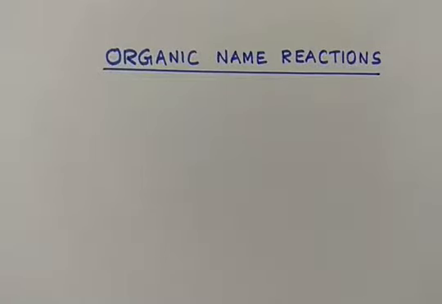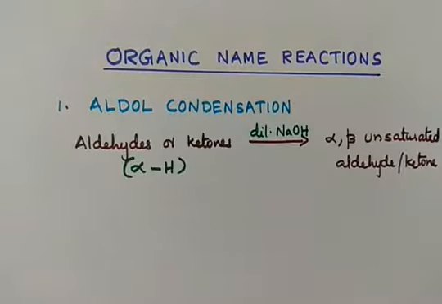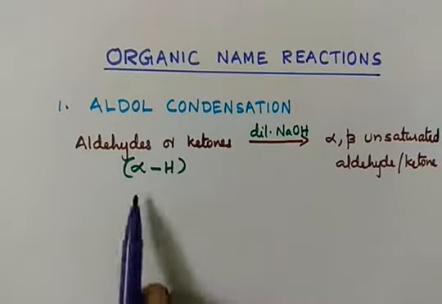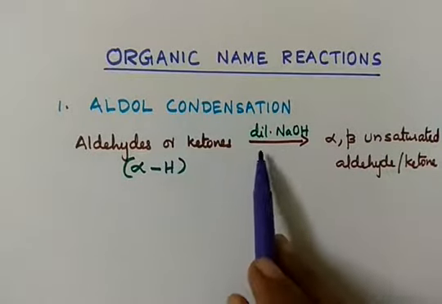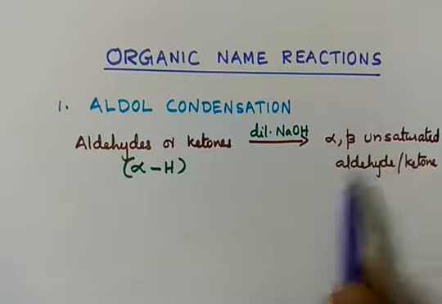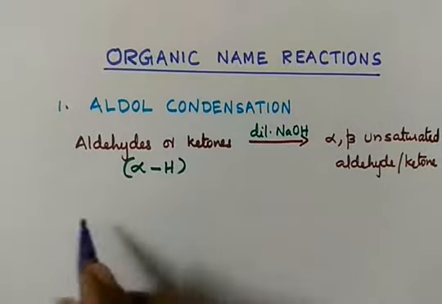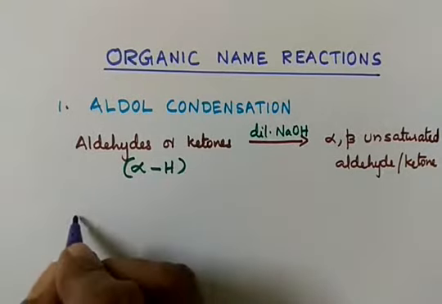Aldol condensation. In aldol condensation, aldehydes or ketones having alpha hydrogen are converted to alpha beta unsaturated aldehyde or ketone in presence of dilute sodium hydroxide. Aldehydes or ketones having alpha hydrogen in presence of dilute NaOH are converted to alpha beta unsaturated aldehyde or ketone. For example, acetaldehyde CH3